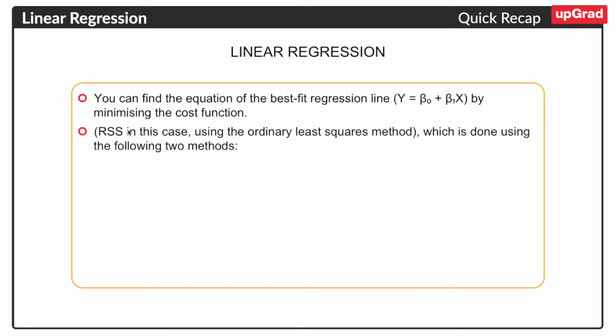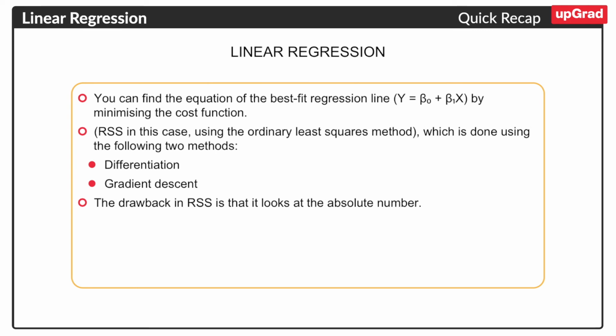Okay. So RSS, as I already told you, is the error term here, which we got from the ordinary least square method. So there are two ways in which we can minimize this. One is, again, school mathematics we used to do, right? If you want to minimize something, just do the differentiation and then solve it. Second approach is gradient descent. Gradient descent is a very common, most popular approach which people use in industry. So mostly we'll be using gradient descent for this.